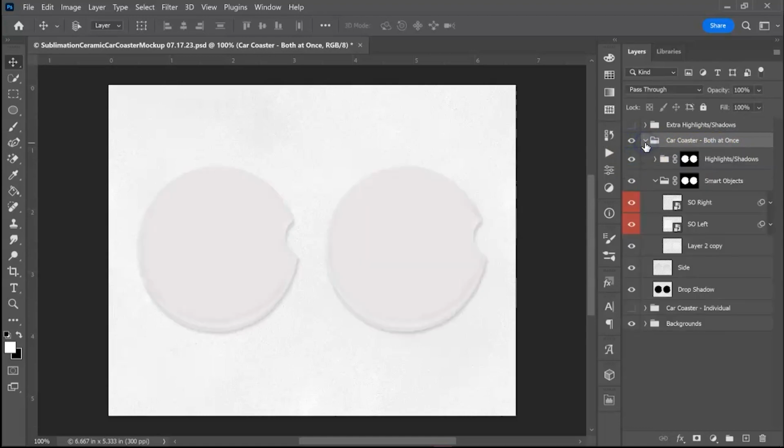So to get started, let's go ahead and double click on our smart object thumbnail, and you can do it since we're in the both at once. It doesn't matter which one you do, it'll change them both. So double click that, and then